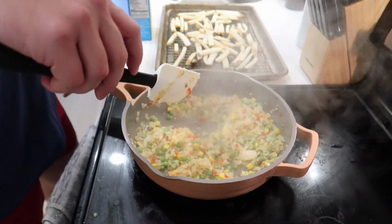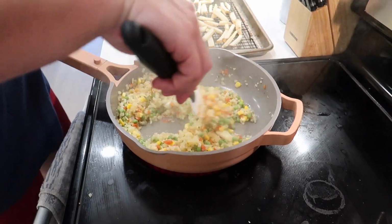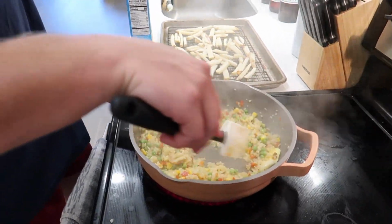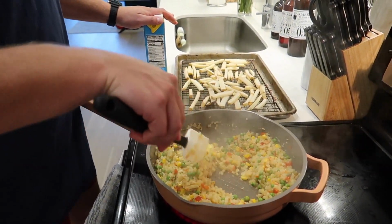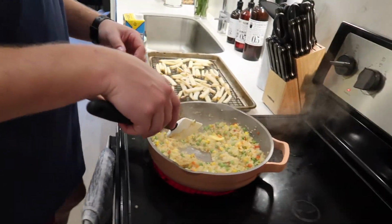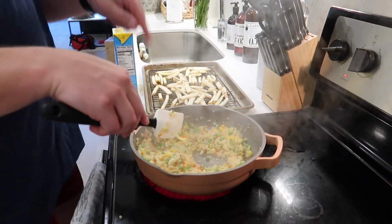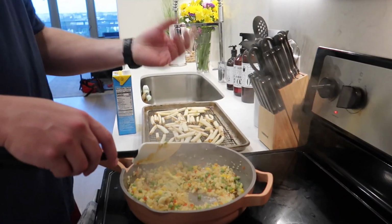But I did add oil first, then just whole smashed garlic cloves to give it some flavor. And you'll just blend it with that. And then I just threw in a little bit of butter, and I'm gonna cook down some chicken stock in it just to add some more flavor to it. I'll blend that till it's a nice puree, and then my plan is to bring it back to the pan and stir in the shredded white cheddar and the milk to kind of give it more of a cheesy